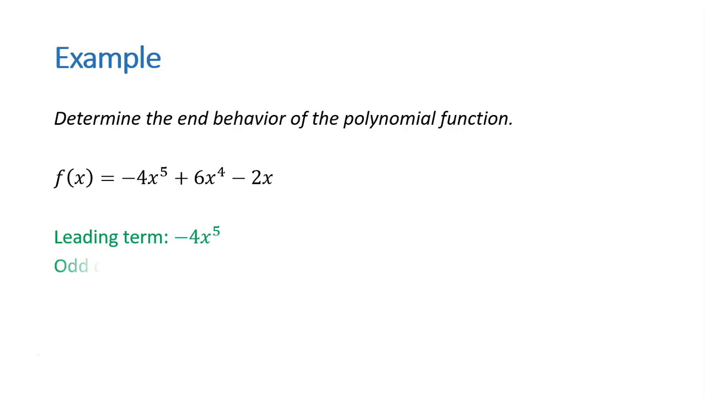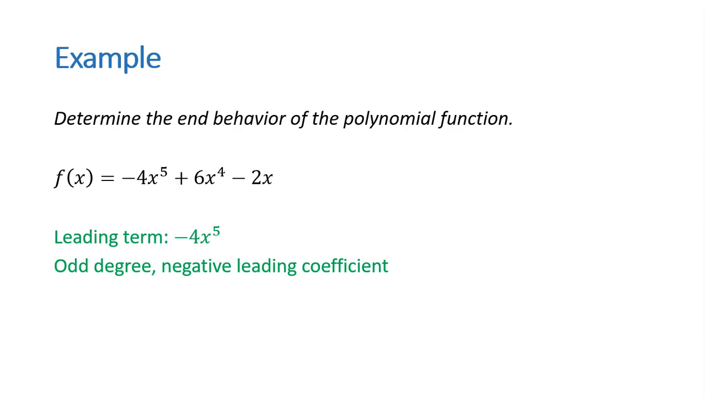So in this case, we have an odd degree. Our degree is 5. And our leading coefficient is negative. So if I have an odd degree, it means my tails are going to be pointing in opposite directions. It's going to look like the x cubed graph. However, if we have a negative leading coefficient, that means we're taking what we have in the x cubed graph